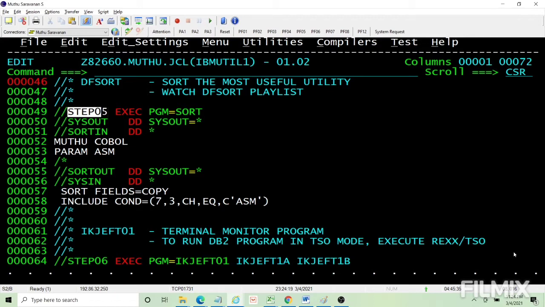Or you have two data sets, and you want to see the records which are available in both files, only those records. Or you want to see records in file 1 which are not in file 2, or in file 2 which are not in file 1, like outer, inner, natural, all those joins you want to do. Sort is an easy way to do that, or taking unique records, or include, omit, or reformat.